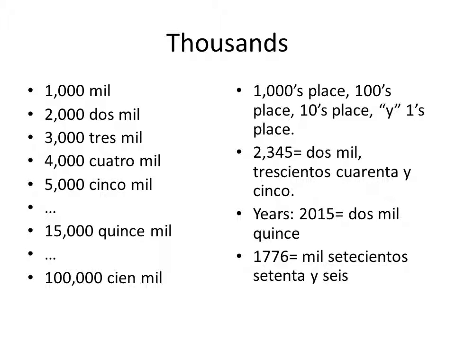In the hundreds place, we have a 3 representing the number 300, trescientos. In the tens place, we have the number 4 representing 40, cuarenta. And in the ones place, we have a 5, cinco. So 2,345 is